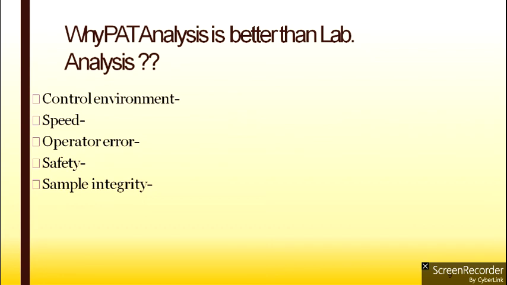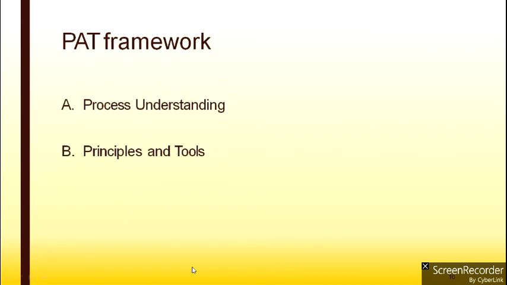So it will analyze and tell you that if you have just taken 0.1 gram extra, this is the problem with the product you are supposed to get. So this is how you can say PAT analysis is better. If that PAT is not associated with the weighing balance, you would have ignored that 0.1 gram and then proceeded for the manufacturing. Finally, the product will be of a different consistency, right? So those errors can be avoided, right? Your process will be fast, right? Safety considerations can be taken.